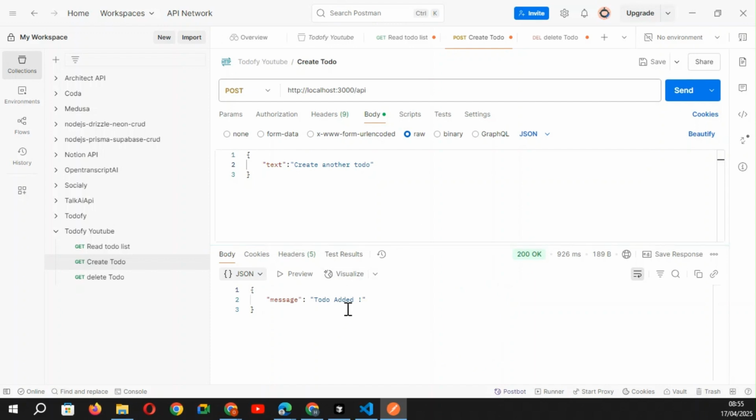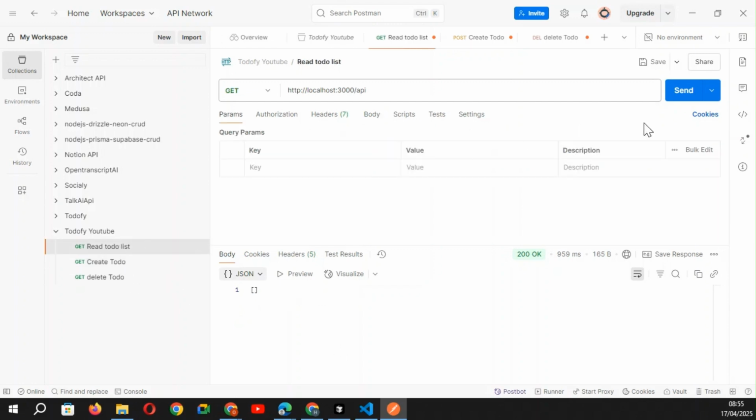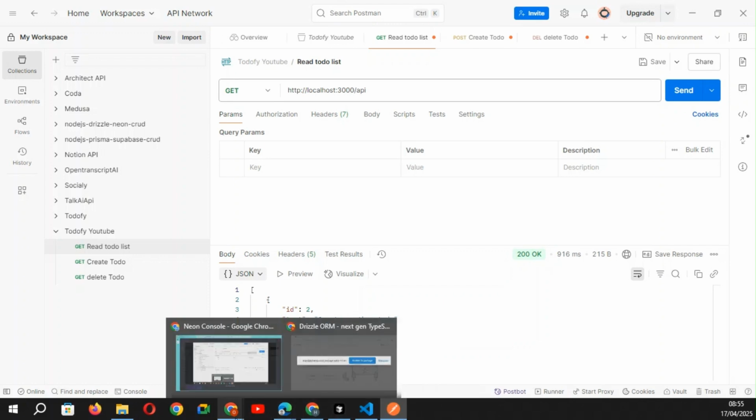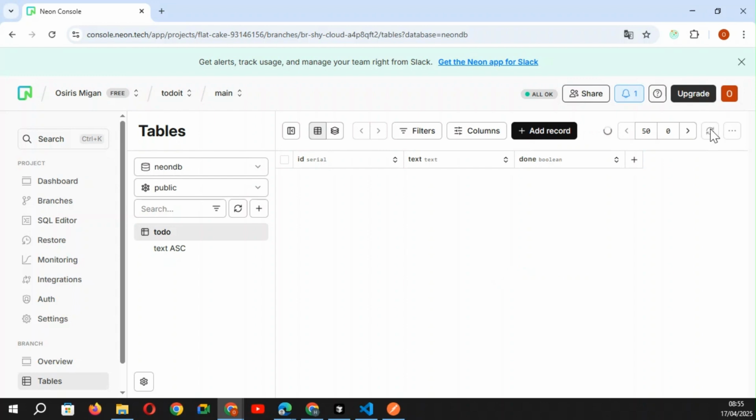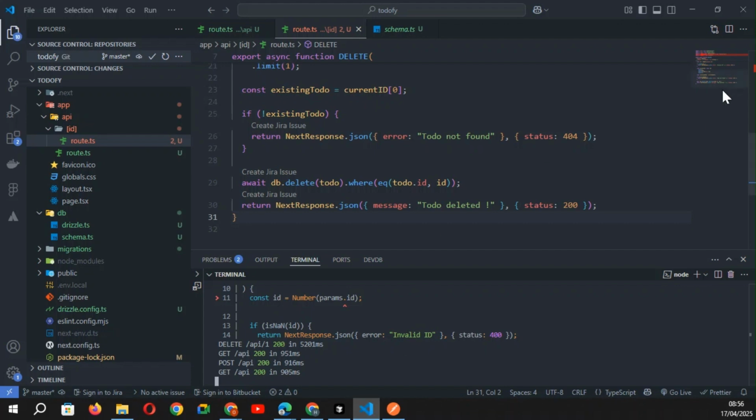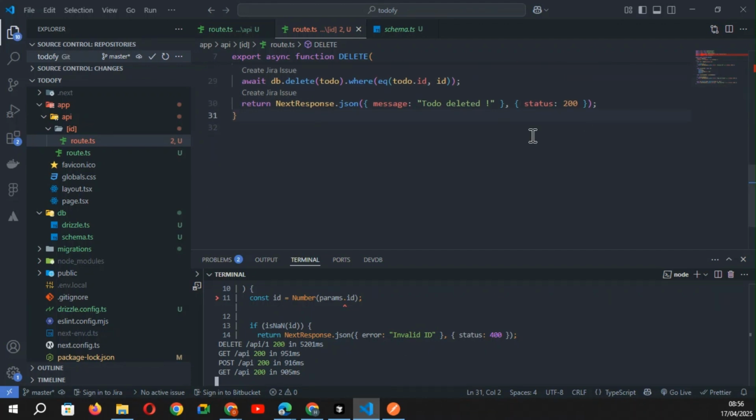Okay, I added correctly my to do, and if I try to get, I have my to do. Okay, if I see now my database, I refresh my table. Okay, create another to do. All right. So now the next step is to create a router to update